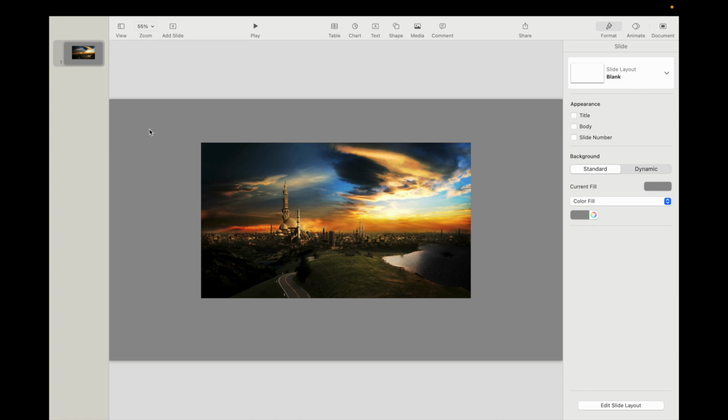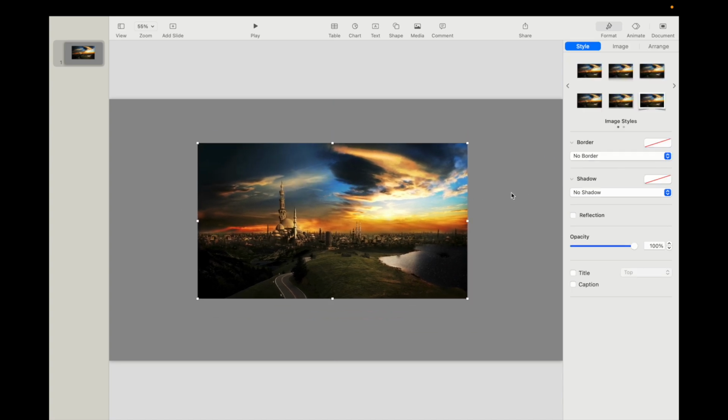So in this Keynote tutorial video, I am going to be showing you guys how to add a picture frame around an image here on a Keynote presentation. So once Keynote's opened up and you have your image just like this, simply go ahead and press on